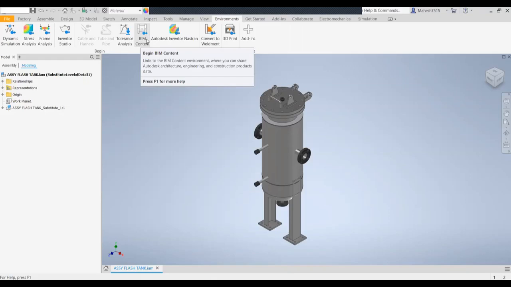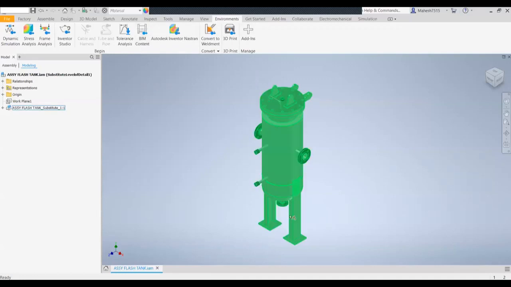And the difference between bringing an Inventor file and other third-party software files is that this is intelligent, this is parametric. So the parts created here will be parametric in Revit, in InfraWorks, as well as in Plant 3D. That's the main idea behind it. We have created this part with more details, but Revit or InfraWorks doesn't need much detail. They will tell LOD 400, 500. So for that, we have an option called shrink wrap, where we can reduce the details according to their requirements and bring those parts into other tools like Revit or Plant 3D.